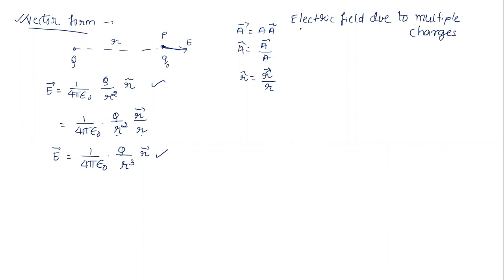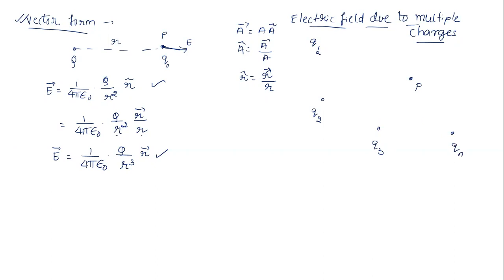Yes. Now we go for electric field due to multiple charges. Now let us see what will happen. Now we want to find the electric field at some point, let's say P, due to many number of charges. Let's say here charge is Q1, here charge Q2, here somewhere charge Q3, and somewhere here